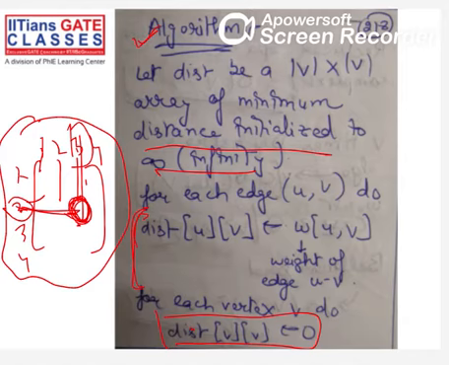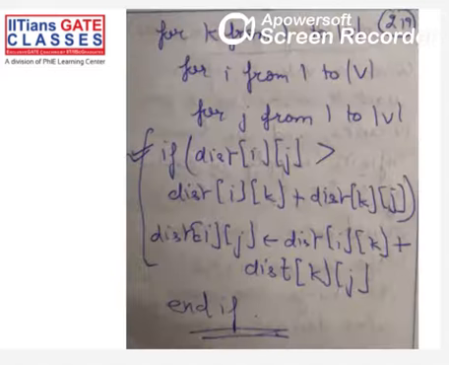If a weight has infinity value, that means there is no direct edge between them in the initial 2D matrix. If some value has infinity, there's no direct edge present, I mean, there's no connection between those two nodes. These are the initializations that I've done. If you have any doubts, please ask me in the initializations part. We'll do a problem also, but let's first try to understand the algorithm.